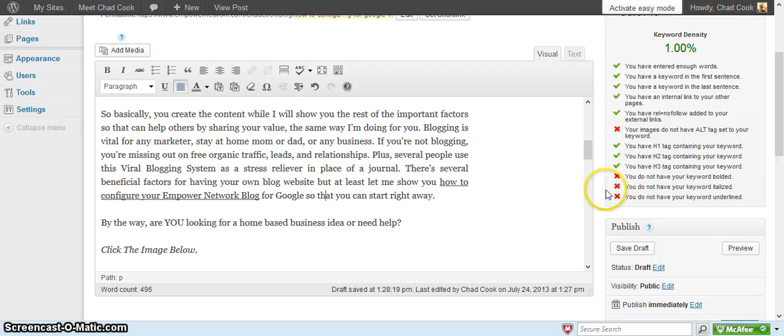Okay, now let's go ahead and save the draft. Sometimes, guys, this underline in the visual mode doesn't catch, so what we'd end up having to do is go to your text mode and deal with the HTML coding, which is also very simple. Don't worry, I'm going to show you exactly what to do. But for now, let's just save the draft